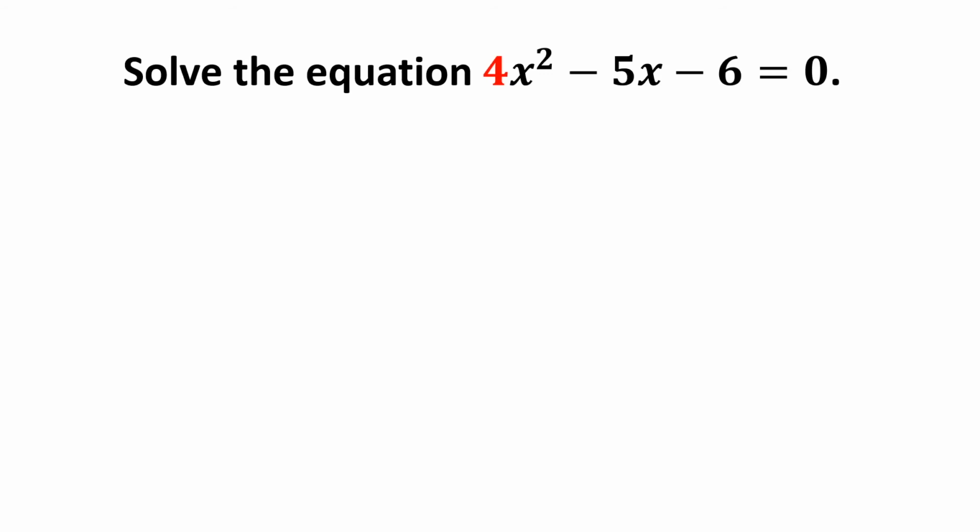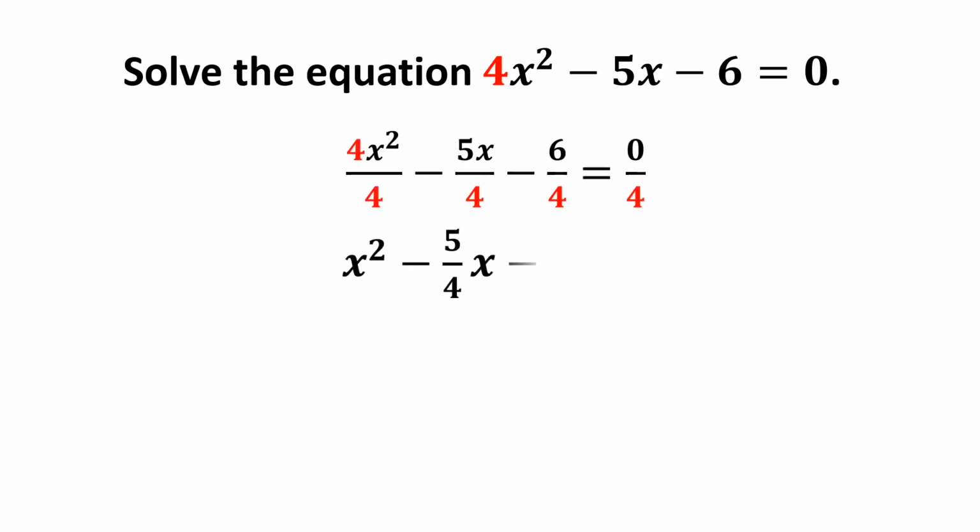Note that the coefficient of the quadratic term is not 1, it's 4. First, we divide both sides by 4. This operation will make the coefficient of the quadratic term 1 and gives an equivalent quadratic equation